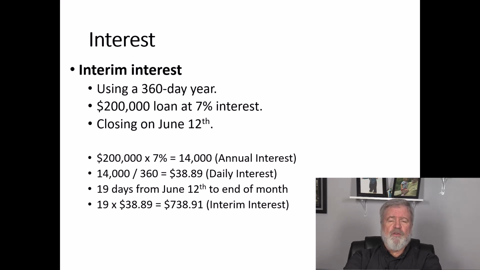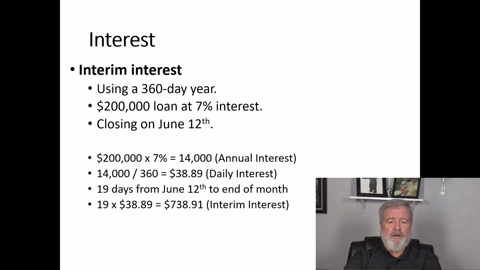Okay? So the first thing you have to do is calculate what is the annual interest that you're going to have to pay on this loan. And you do this just by multiplying the loan amount by the interest rate. $200,000 times 7% obviously is $14,000. Y'all, that's how much interest you're going to have to pay each year. Okay, that's what you owe in interest every year. And again, remember, the interest is not even going towards paying off the loan. You're going to have to pay this as a cost to borrow the money.